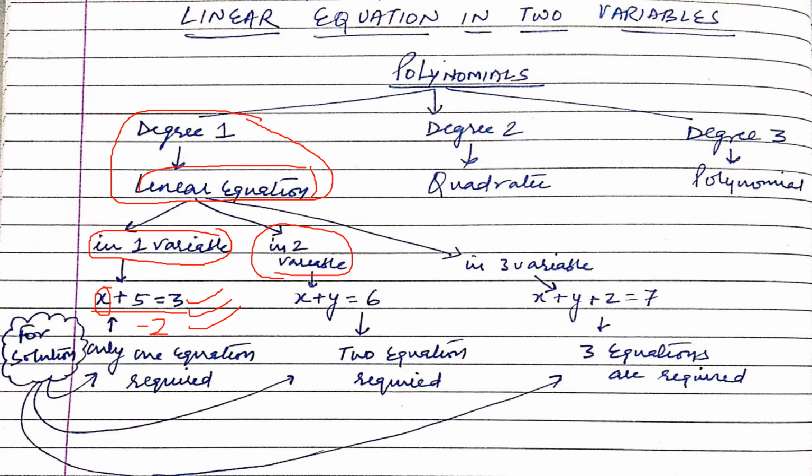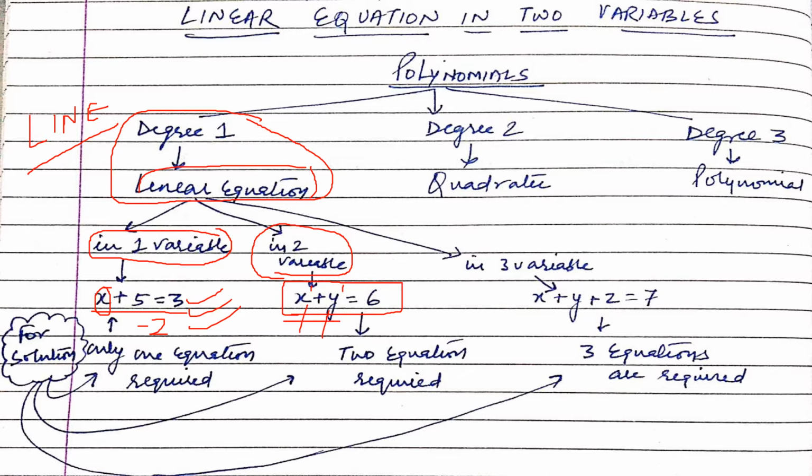How? Let's see. Suppose this is an example of linear equation in two variables. Can you check whether it is a linear equation or not? Just check. Power of this variable is how much? 1. Power of this variable is also 1. So as power of both the variables is 1, it is known as linear equation in two variables. I have told you, linear comes from the term line. So we can say whenever we draw a graph of a linear equation, that graph will always look like a line. Understood?